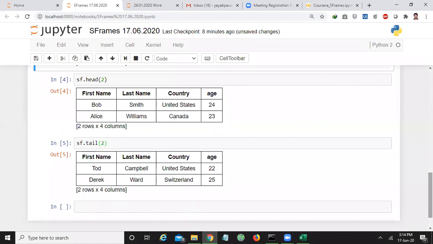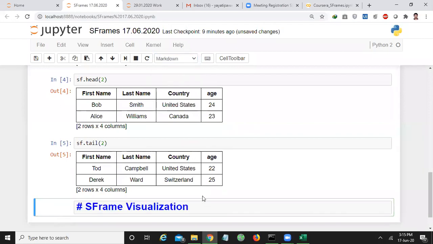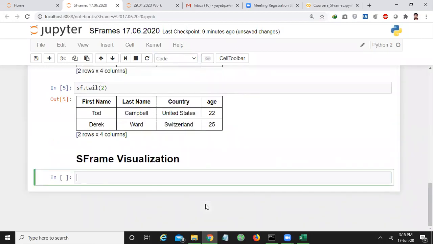Now let us see the graphical representation directly, how we can represent our SFrames in a visual manner. For that, we have to follow the markdown, SFrame visualization.